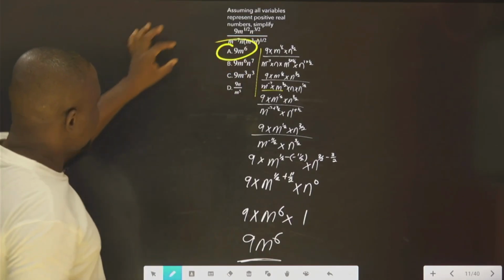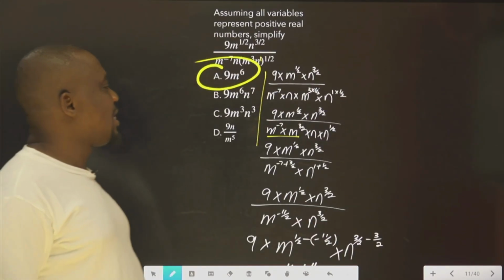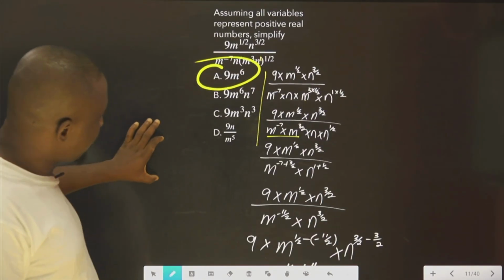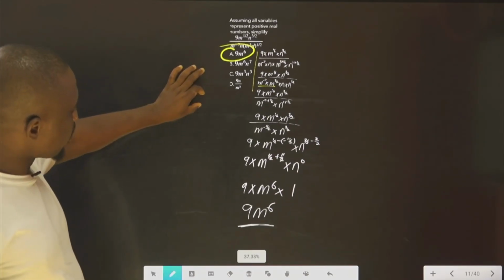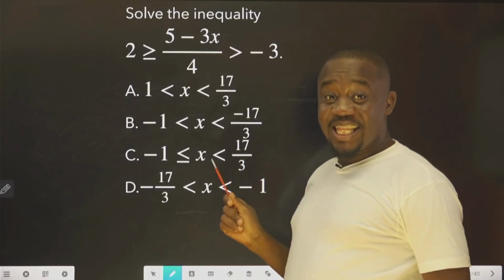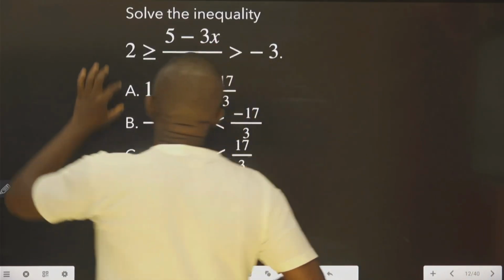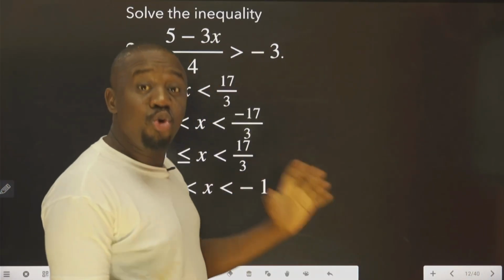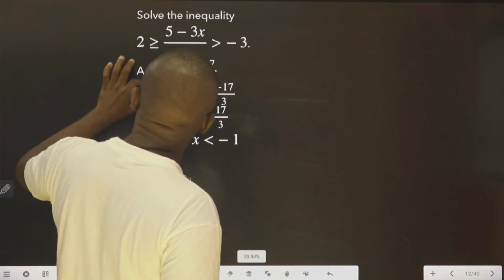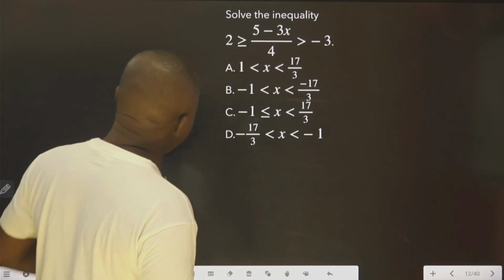That is 9m raised to power 6. Okay? Just make sure that you know what you are doing. You will not make mistakes. Let's look at this. It says solve the inequality. As you can see, this is 2 in 1. 2 in 1. So you have to approach it like this by saying 2